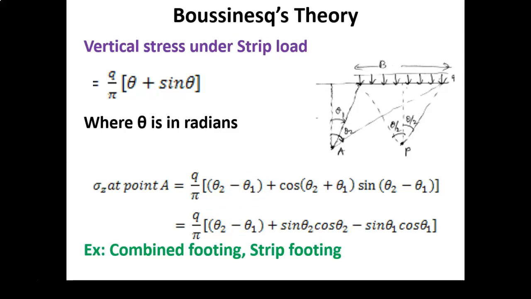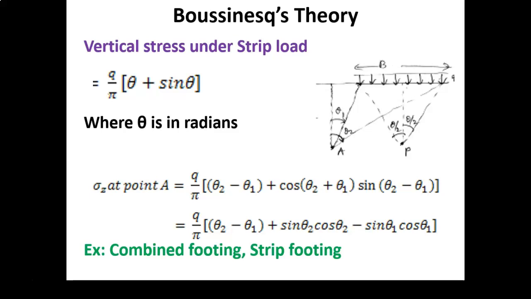Then what are the field examples of these four types of loads? For point load, the example is isolated footing. For uniformly loaded circular area, well foundation. For line load, the examples are railway track, row of piles and foundations of load bearing walls.